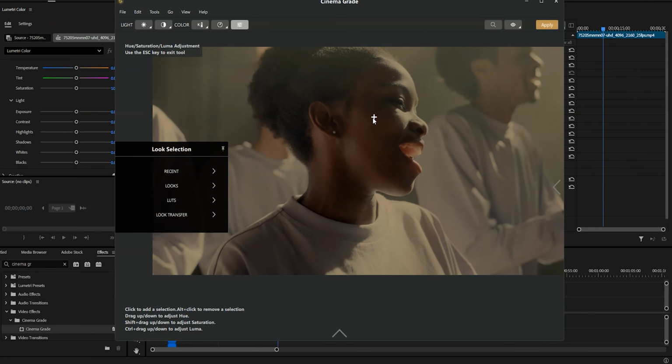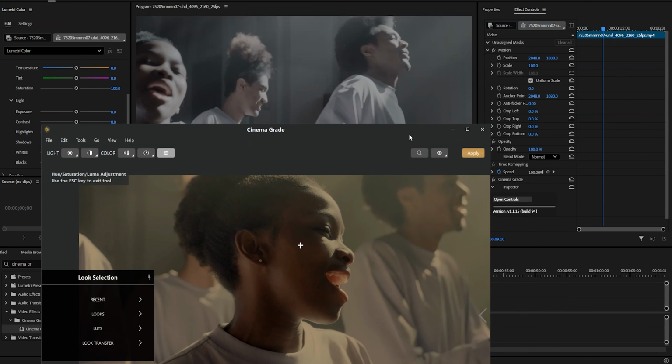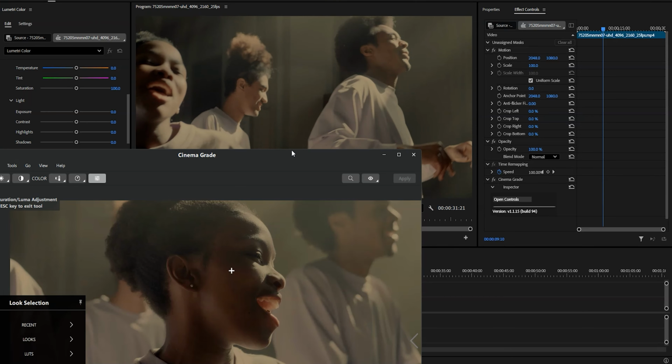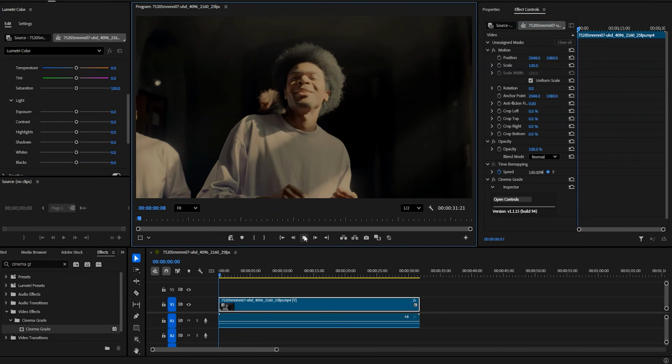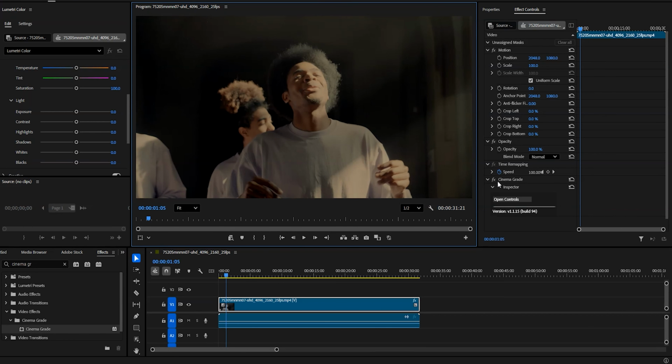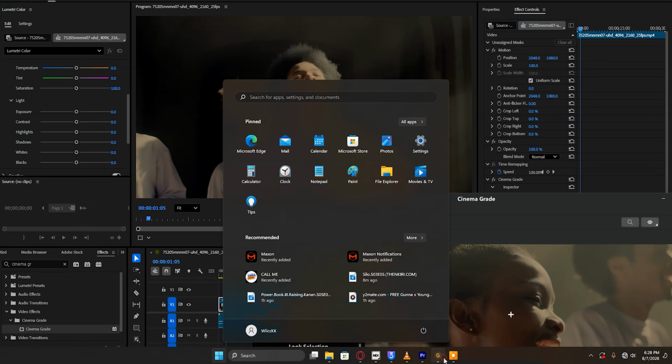So this is something you need to know before and after. When you click apply, it's going to apply here, and you can play and see how it is. So let's check the before and after, and if we want to add more to it, you can